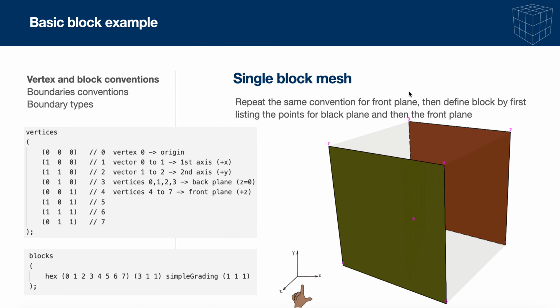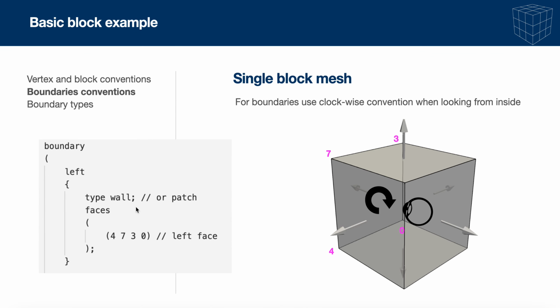So in order to define boundaries, we need a similar process. We need to define a type of the boundary. For example, here I have used wall. You can use patch or empty as well. And then you have to set the points for different faces. For example, I only want to contain faces which are defined by points 4, 7, 3 and 0. And in this case, the convention is that when looking from inside of the box, you should always follow a clockwise sense. And we can check again here in